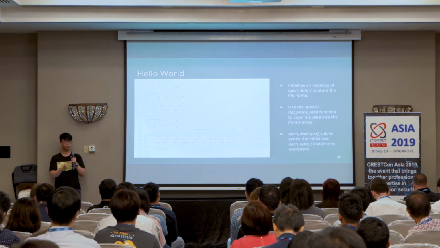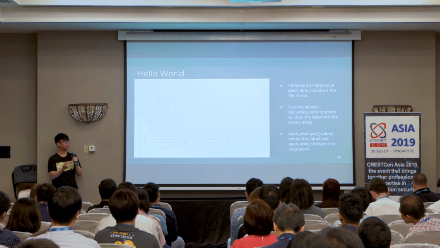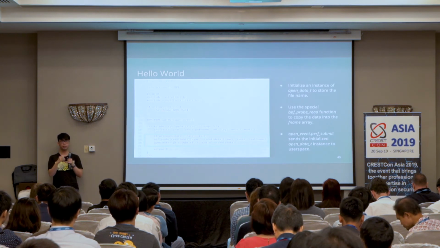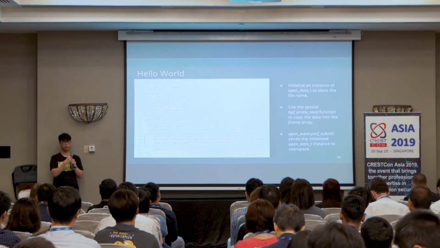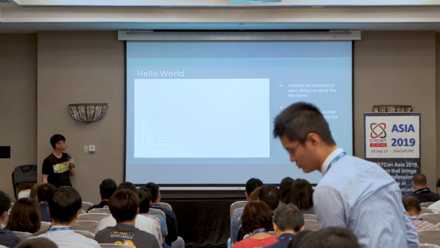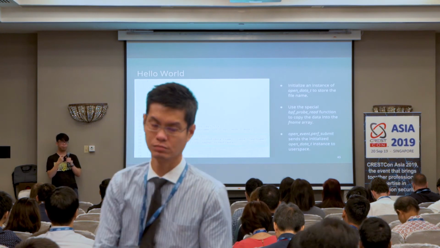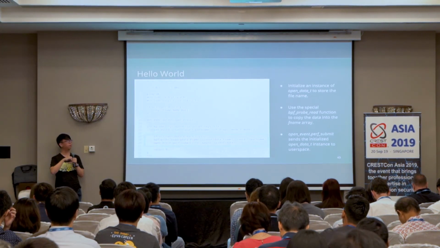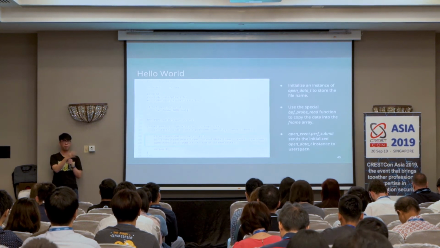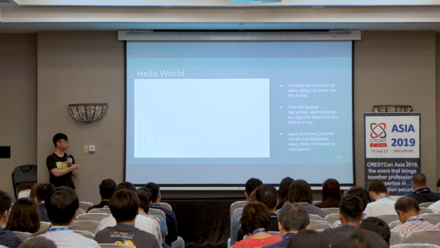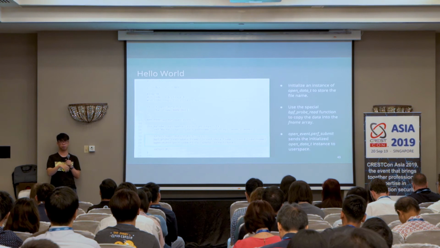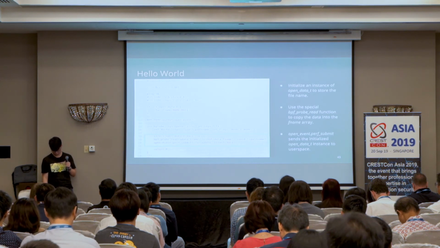And in the program of the function, we are initializing an open_data_t structure that we have defined previously. And this is the structure that we'll be using to transfer data from kernel to user space. Next, we'll use the BPF_probe_read function to copy out the file name from the kernel, from the function parameter into our initialized structure. And finally, we use the open_event.perf_submit function to transfer that initialized data structure from kernel to user space.